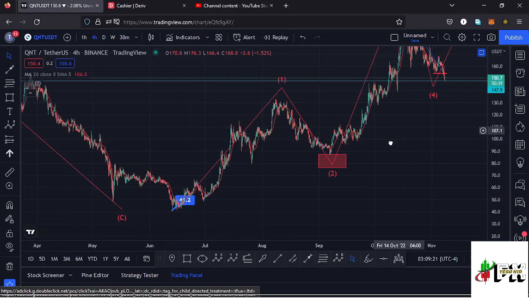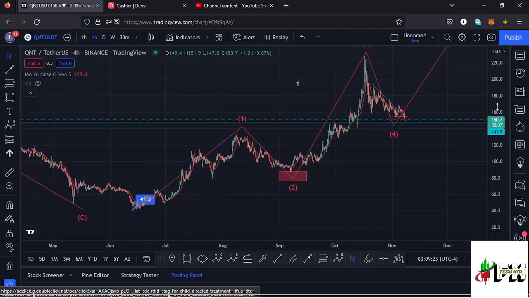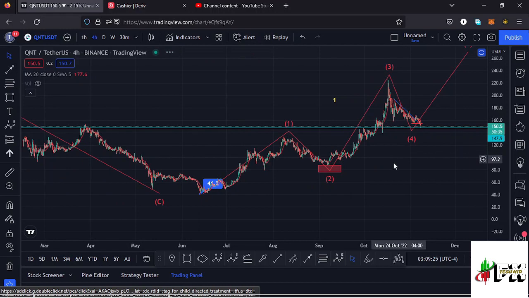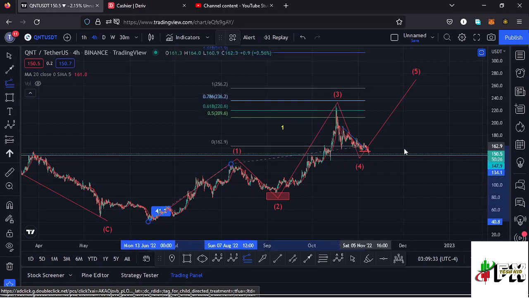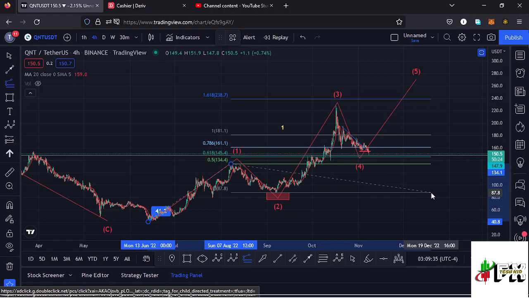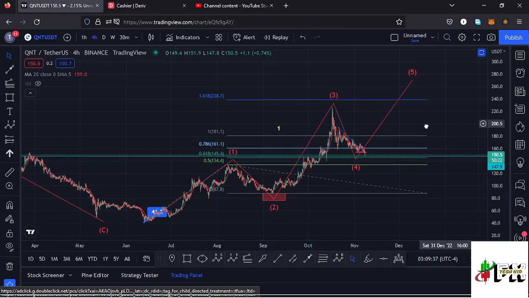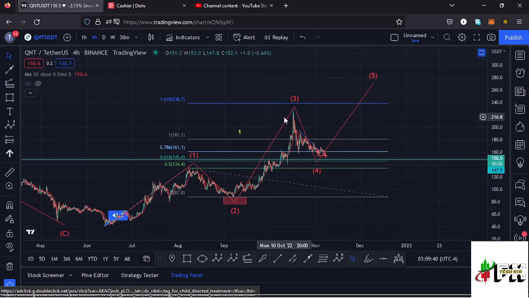in the formation of a wave 3, which using the trend based Fibonacci we can get to see whether it has done the minimum that we expect a wave 3 to the upper side to do, connecting the trend based Fibonacci from the low of that first wave to the high of that wave 1, then dragging the fibs to the low of that second wave, and that gives me a minimum target area to the upper side at the fib level 1.618, and that is at around the